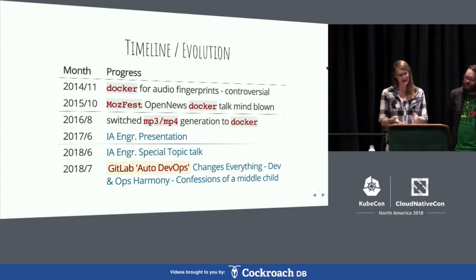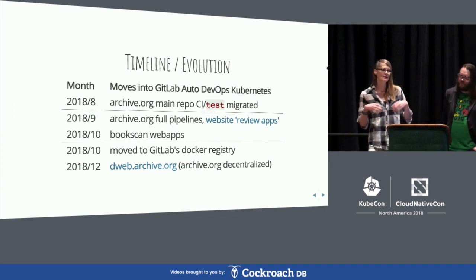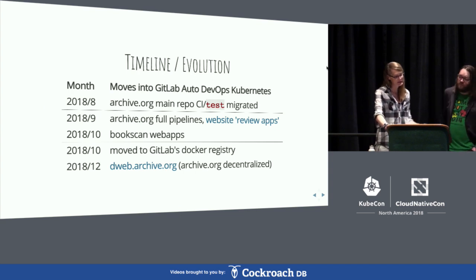And so we gave this talk called GitLab AutoDevOps Changes Everything. We gave it to all of engineering, ops, and our executive director. We had a lively discussion at the end. We're open, so if you're interested in even seeing it or want to see some inside baseball, probably the end of that talk at the bottom there might even be interesting. But it went really well because we were able to basically say, we're just going to take our existing GitLab on-premise and we're going to extend that pipeline. So things really started picking up really quickly.